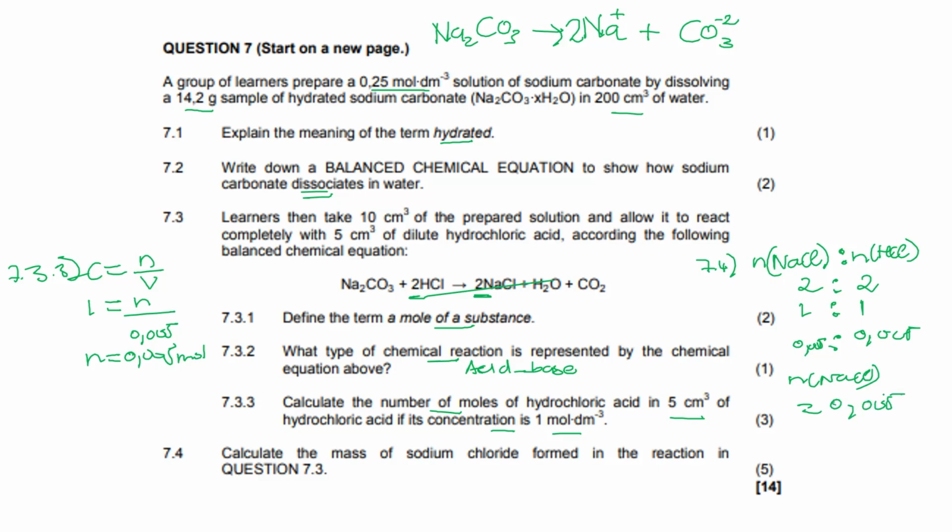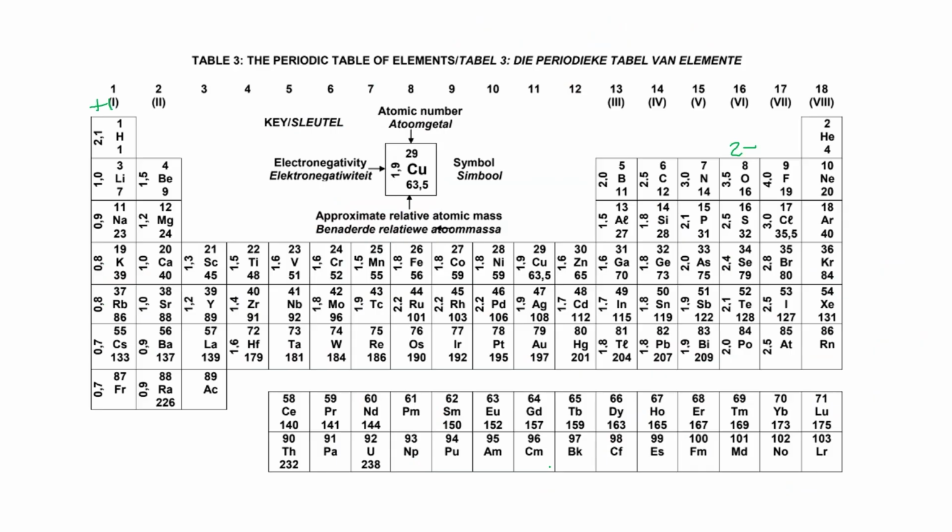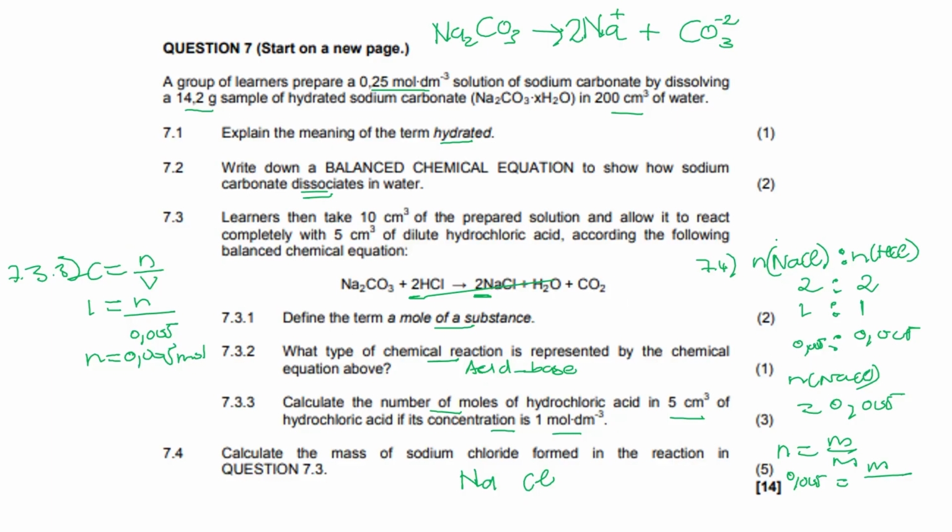But they want the mass, right? Now we can comfortably put that into our formula. We have the 0,005. We don't have the mass because that's what we're looking for, but we can get the molar mass of sodium chloride. So we have sodium and we have chlorine. Sodium's atomic mass is 23 and chlorine's is 35,5. So we add that together and we get 58,5. And we multiply to get the mass to be